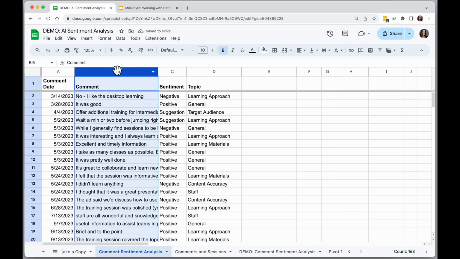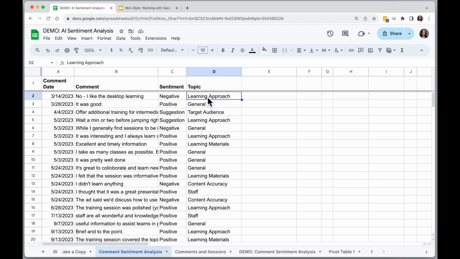In this spreadsheet, I have comments that were feedback to workshops and the date of those comments. I put that information into AI and had it code them, almost like a sentiment analysis, with whether or not the comment was negative, positive, or neutral, and what topic that comment showed. It took several goes to get this because you have to put it in pieces,